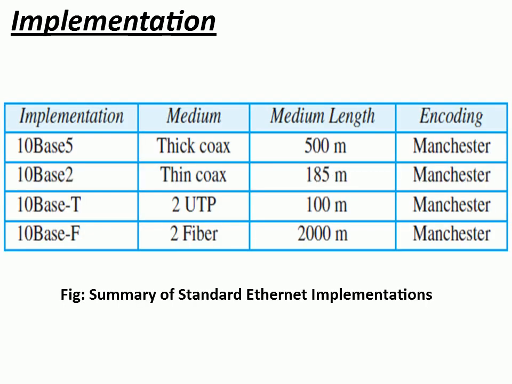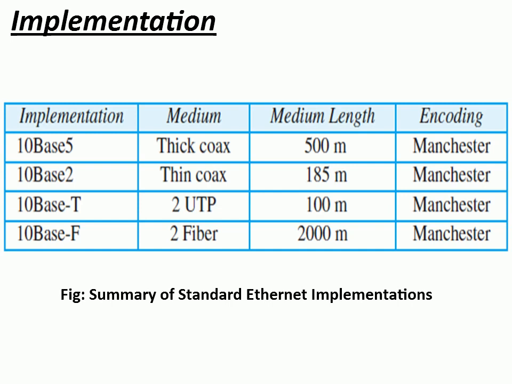And here we have the 4 implementations of standard Ethernet. As you can see in this table, we have 4 columns: implementation, medium, length and encoding. In the first column we have 10Base5, 10Base2, 10Base-T and 10Base-F. Those are the 4 implementations of standard Ethernet. The general format is exactly 10Base-X, in which that number 10 indicates the data rate. Here in standard Ethernet, the data rate is 10 Mbps, that is, the data is transmitted at a data rate of 10 Mbps.